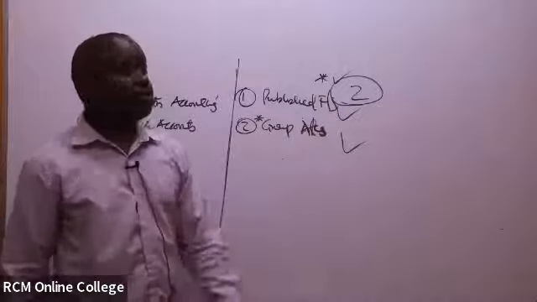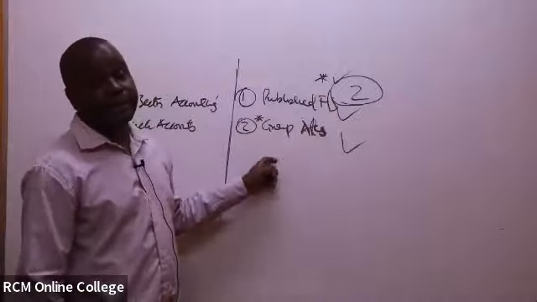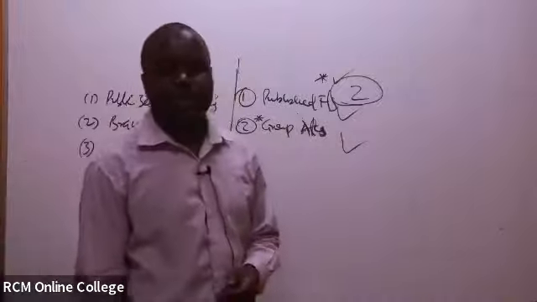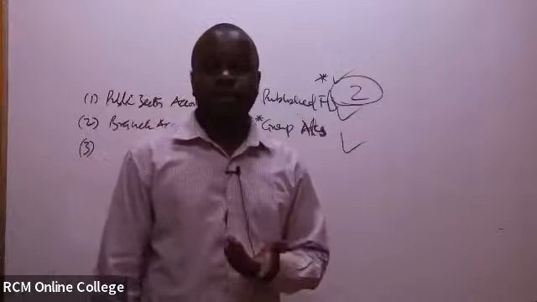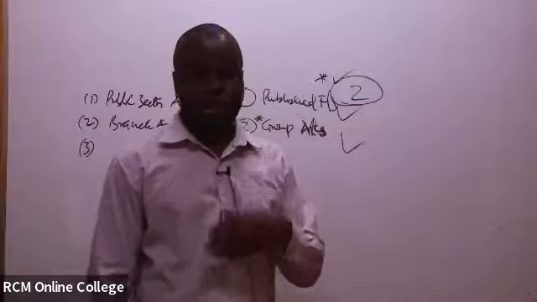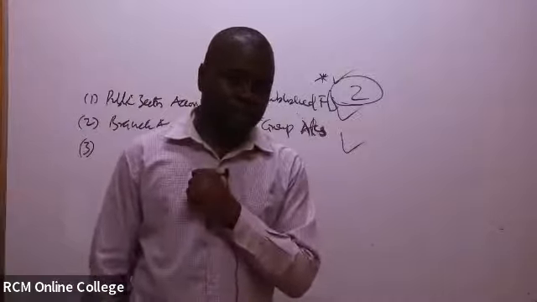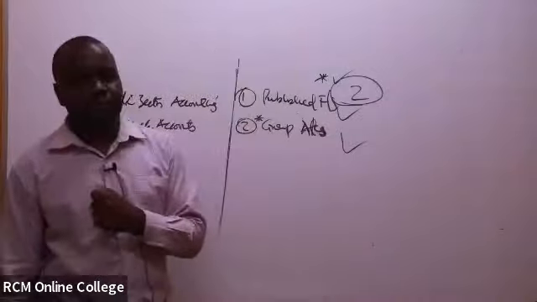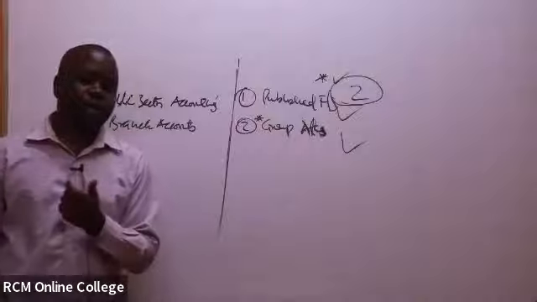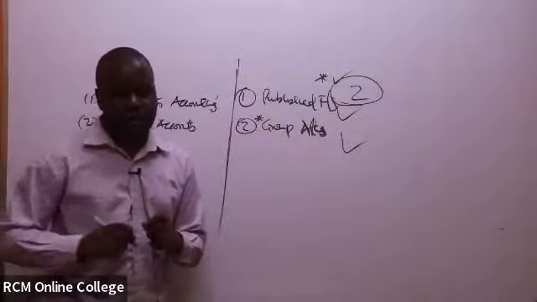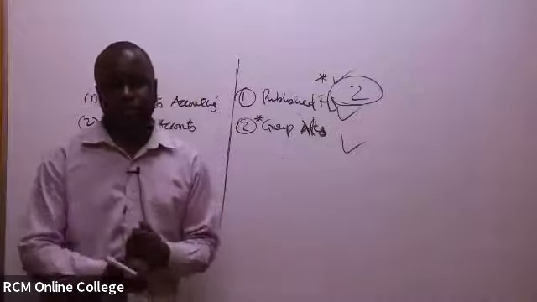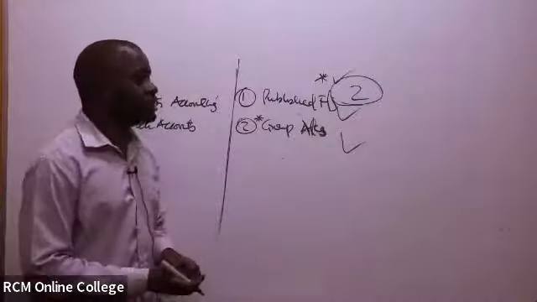Then another thing with this particular paper, in the exam, start with the easiest questions. If you're not very keen, they'll be saying 30 minutes to go, and you've only done 2 questions, yet there are 5 questions to attempt. Start with the easiest questions. If you are smart enough, maybe in theory, you can start with the theory questions very fast. Then you go to the easiest questions. Never start with the most difficult question,